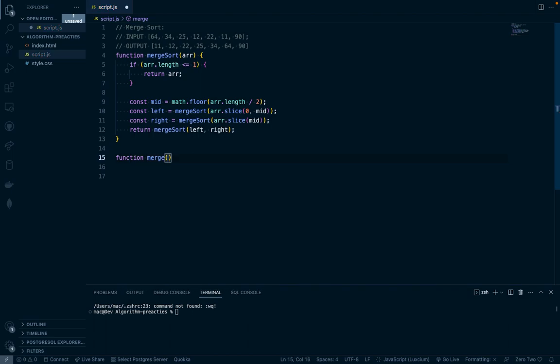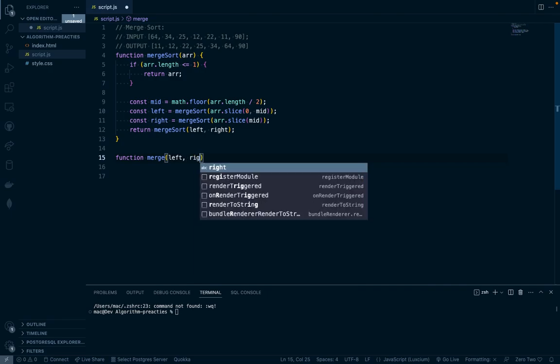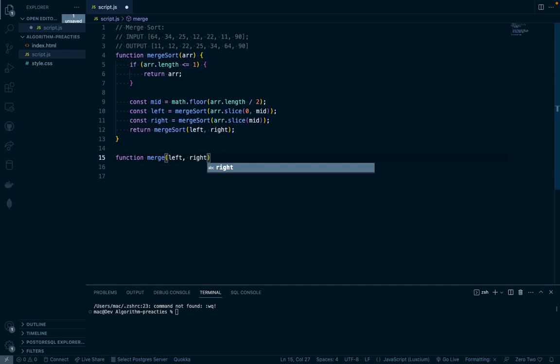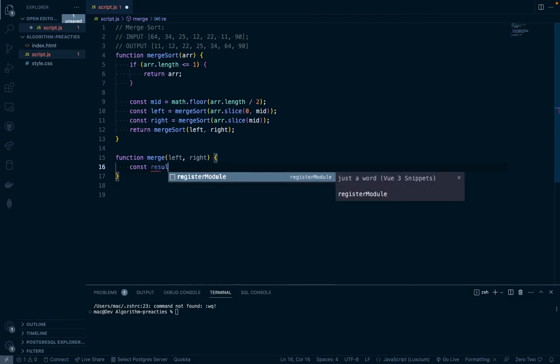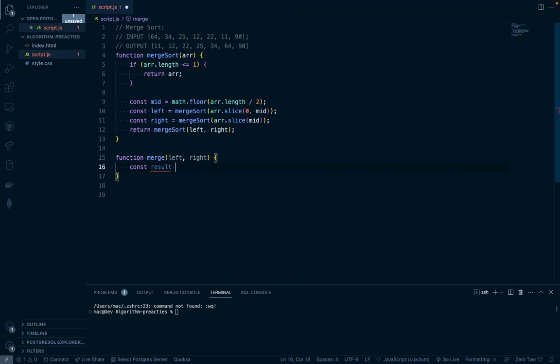So it's going to take in a parameter of left and right. And what I'm going to be doing now is storing my array in a variable. I'm going to say result. I'm going to have result as an array,